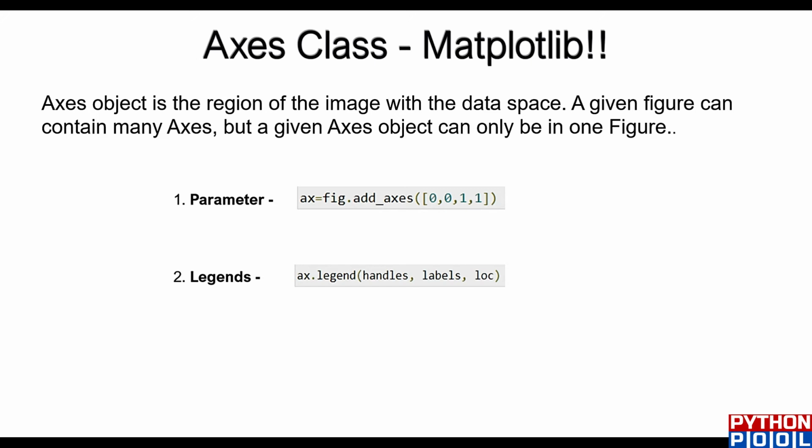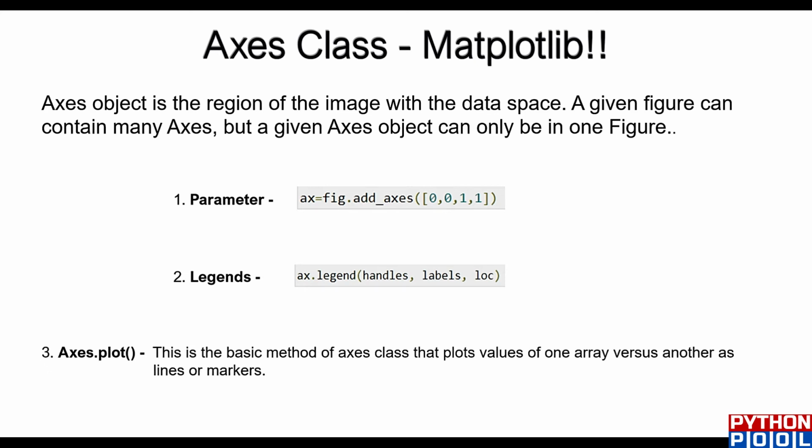I could call this function and give the labels: for this figure, this is the label, and for this figure, this is the label. And I also define the location where I want to put these labels. So I could notify the user that if you're looking at this graph, then this figure corresponds to this one. And another one is axes plot. This is the simple method for how we plot the graph and where to plot the graph. We will use all these methods in the next program we are going to define.